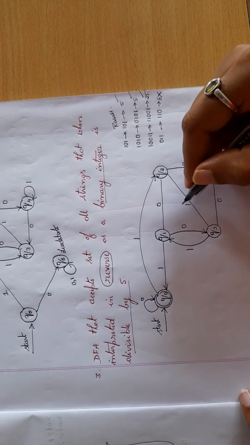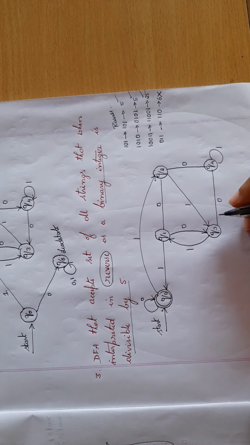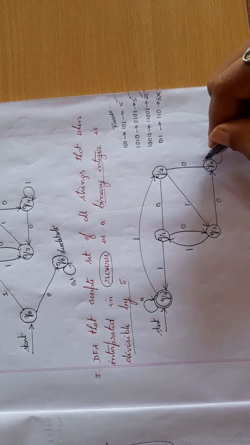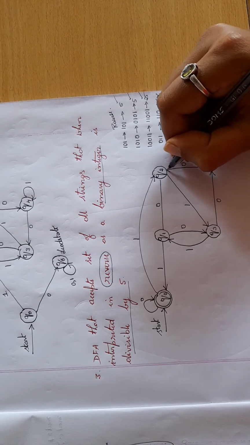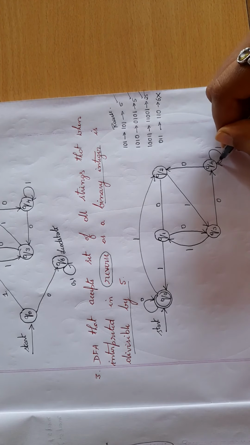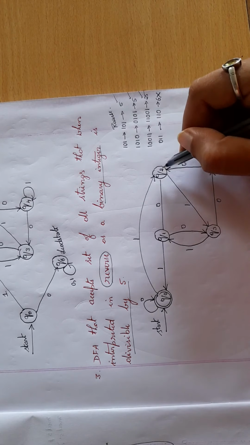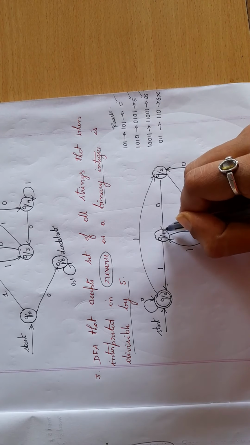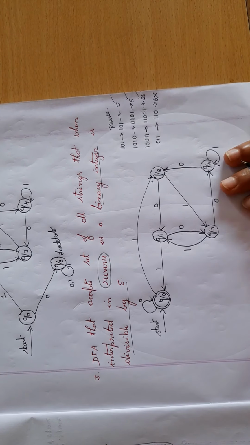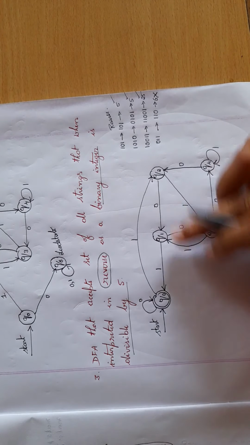Here it will change from Q2 to Q3. Here it is from Q3 to Q4. Here it is from Q4 to Q2. And here, since it is a loop, no changes. And here also Q1 to Q2, so now it will be from Q2 to Q1. So you're done with the DFA. This is a DFA. Draw it as it is. Since it is reversed, just reverse the transition everywhere.